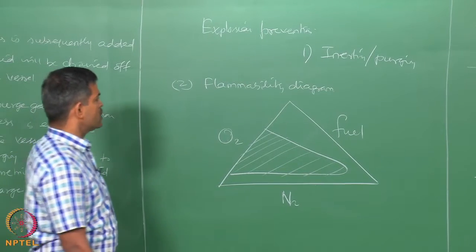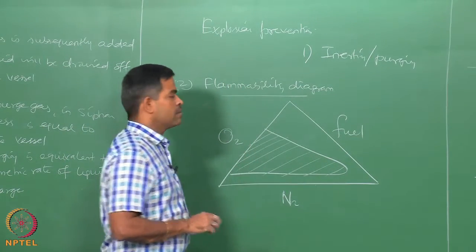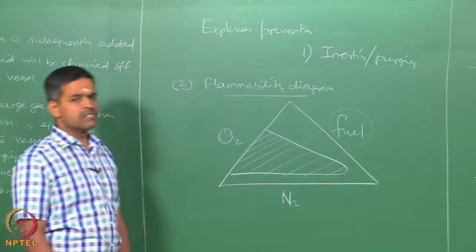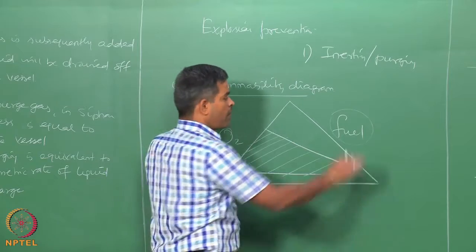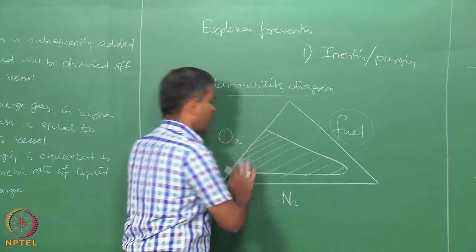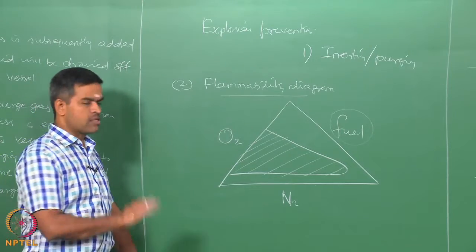So, one can also use the flammability diagram effectively to alter the flammability characteristics of the fuel mixture in such a manner that at any given instant of time the flammable mixture does not fall within the range of flammability of this particular mixture, which is the original content or original quality of the fuel mixture.